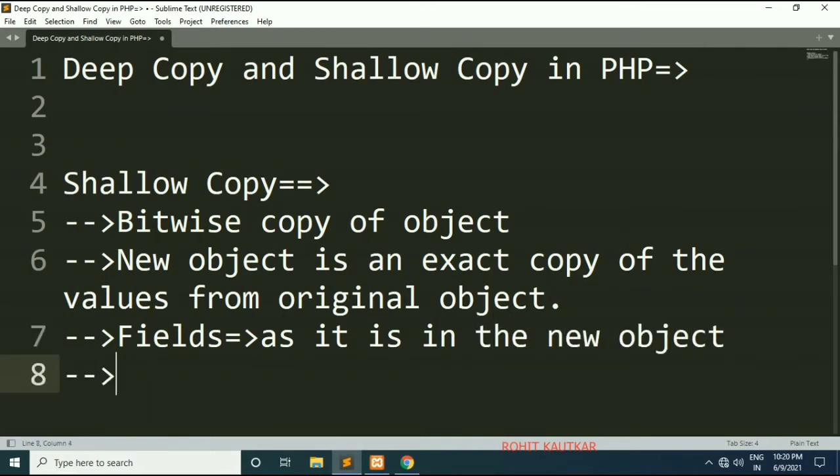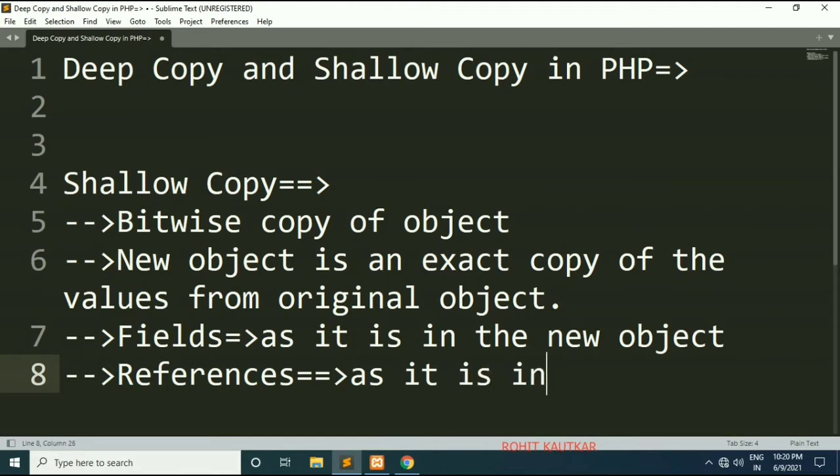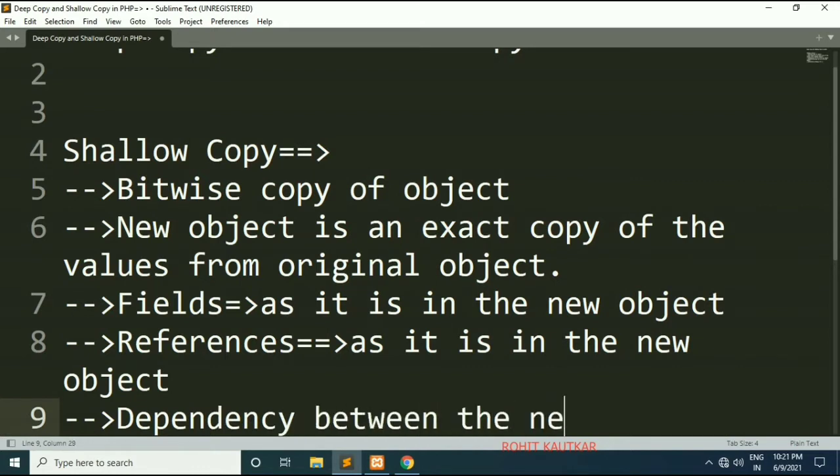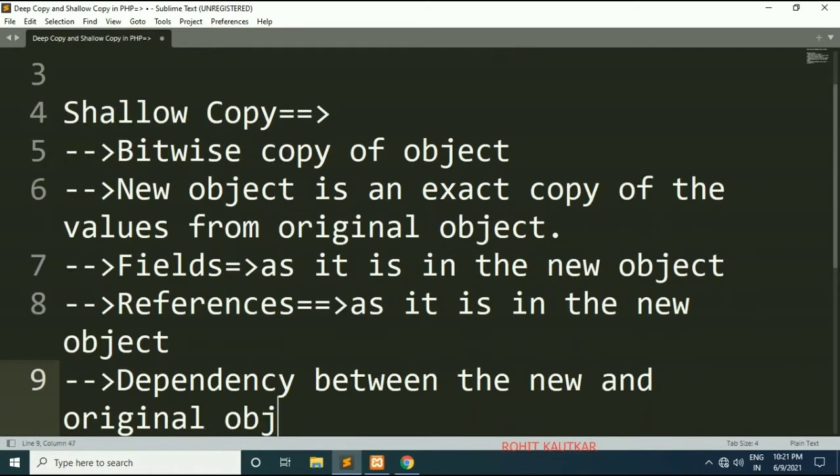But if your original object contains certain references, then these references will be copied as it is in the new object. So references will be available as they are within the new object. So there is always a dependency between the new object and the original object in case of shallow copy.